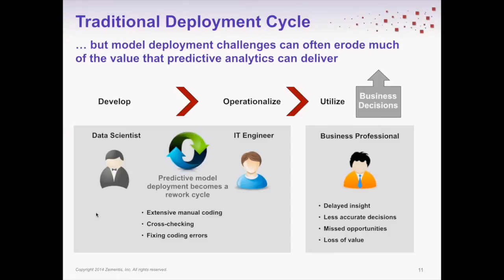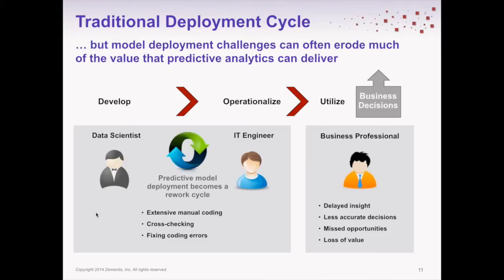Traditionally, this is what we see, and I think it resonates exactly with what Ofer just mentioned. The traditional development cycle has the data scientist developing a great model, writing a requirements document in a Word format, probably 60 pages of describing what the model is supposed to do, and then IT goes off and re-implements that in Java, C++, in SQL, whatever it may be. So we'll have this big gap between developing the model and actually operationalizing it. So again, the end result is delayed insight on the business side, less accurate models because you still haven't been able to deploy the latest and greatest model, missed opportunity and loss of value.